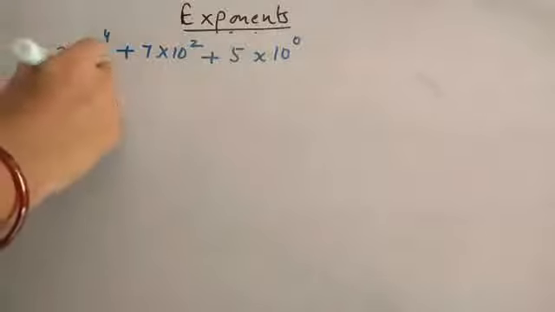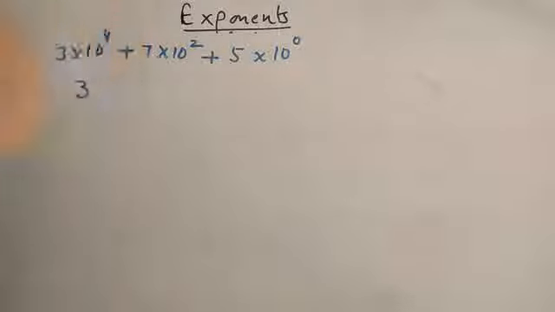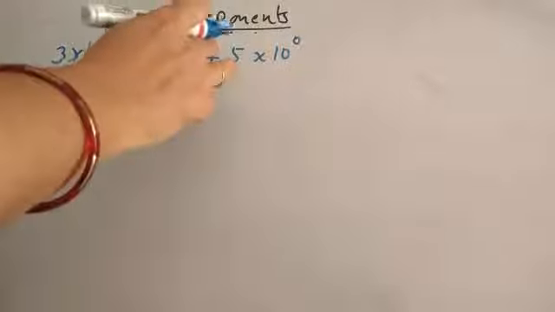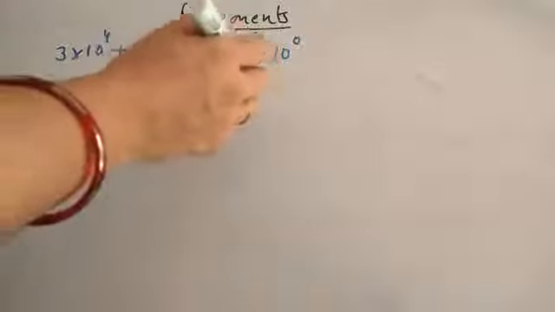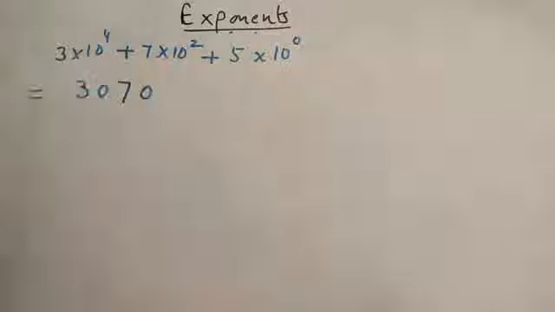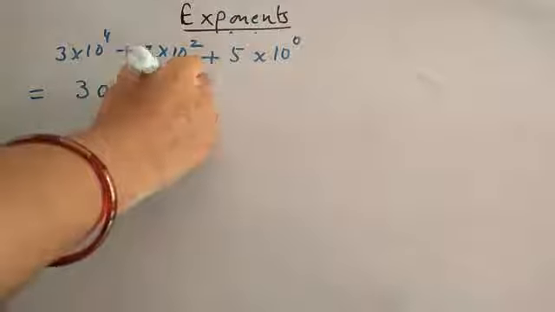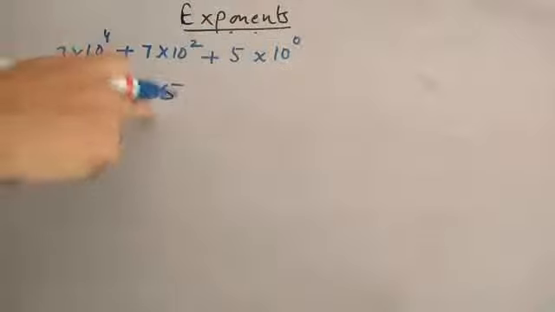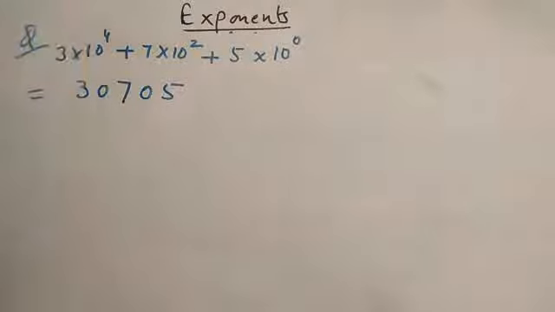Right. So this is 3 into 10 to the power 4. Now after power 4, power 2 is coming. That means the third place is missing. So we will keep 0 in place of it. Then power 2 comes 7. Then power 1 is missing. Okay. So you will again put a 0 and then power 0. This is 5. So the answer is 30705. The places which are missing, in place of that we keep 0.